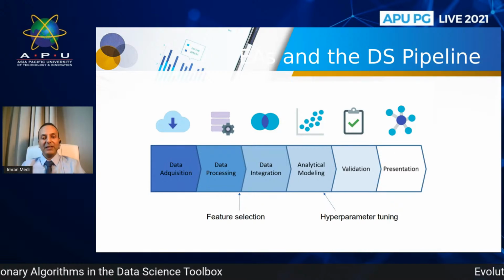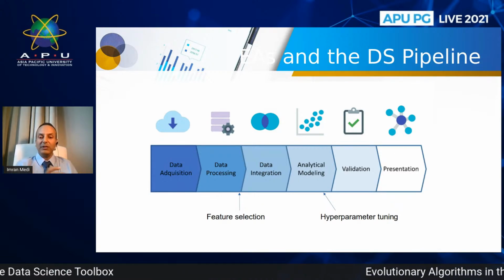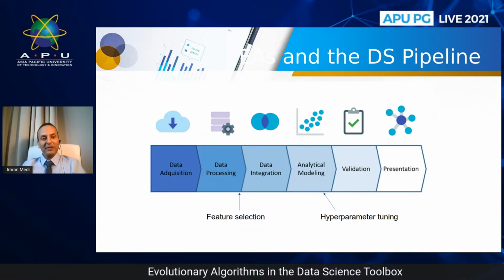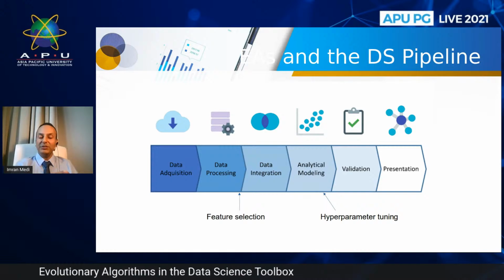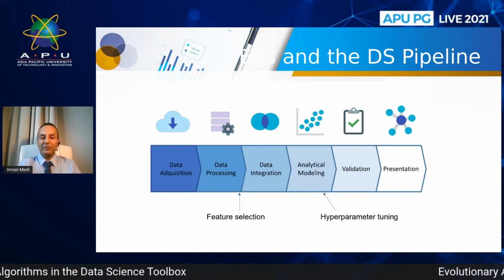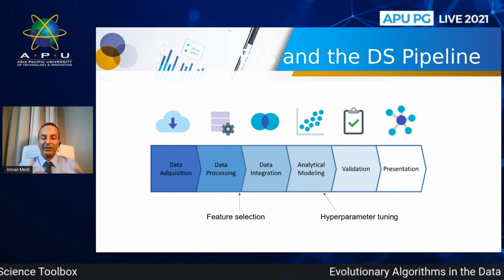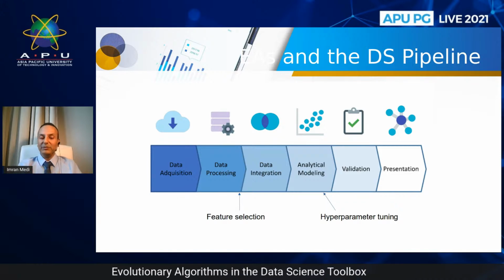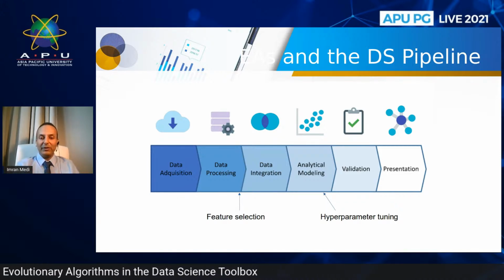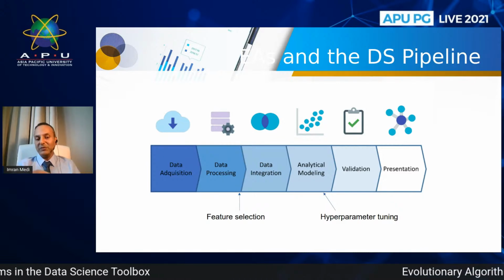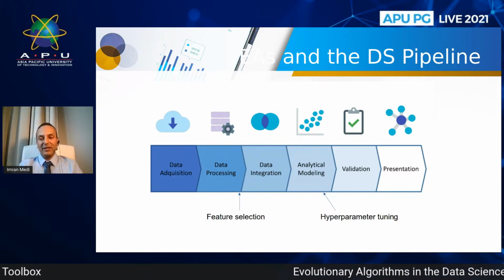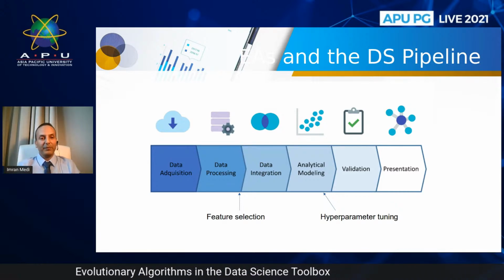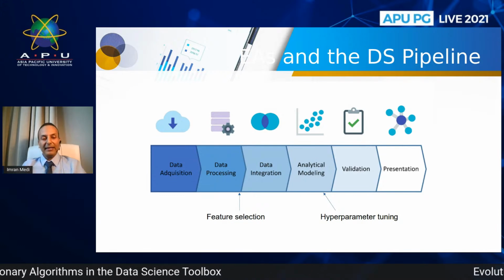Once we've developed that model, we can then go through this process of tuning and improving the performance of that model, so hyperparameter tuning. And so evolutionary algorithms and computational approaches in general can be applied there. So when we're thinking about using neural networks and we're looking to optimize and decide the best number of layers within our neural network, we can utilize evolutionary algorithms to find the best permutation of layers to produce the best results for our particular model. So let's have a look at an example.